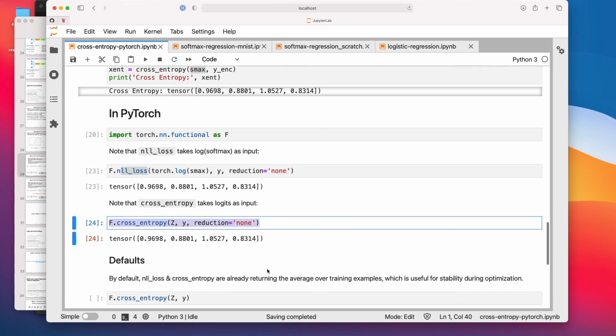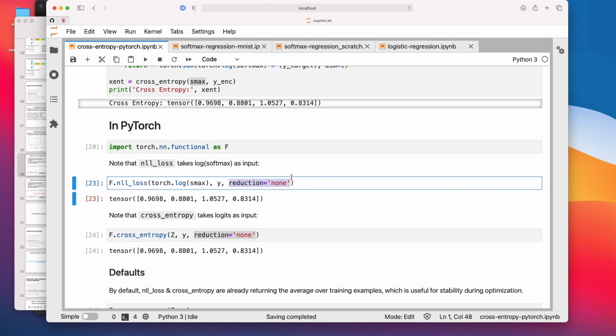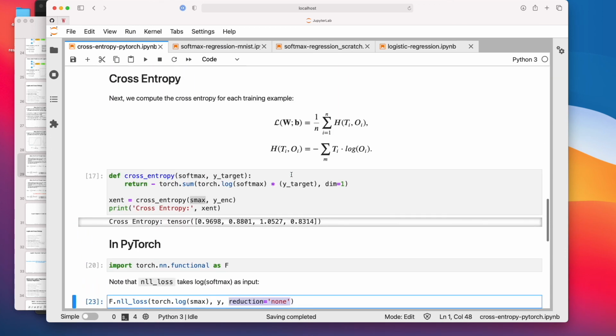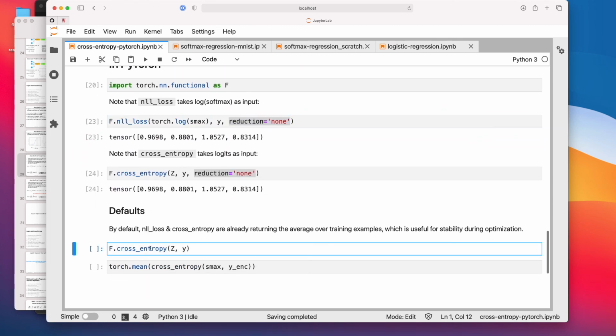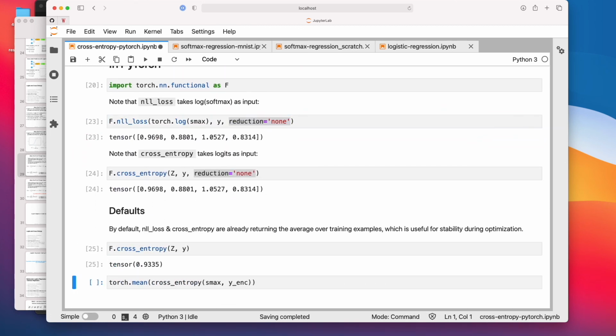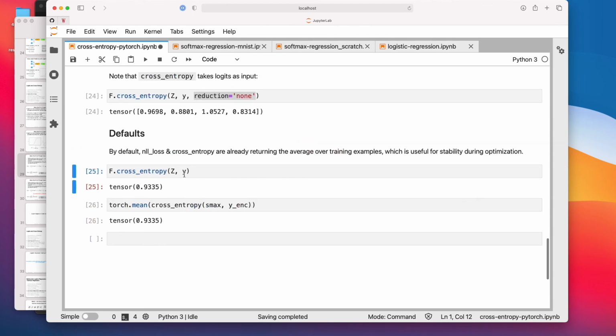And notice that I set reduction to none, which means it does not apply the sum or the average, which is this outer one here. So by default, when you use this cross entropy, it will perform the average. You can test it like this. See, it's the same value.